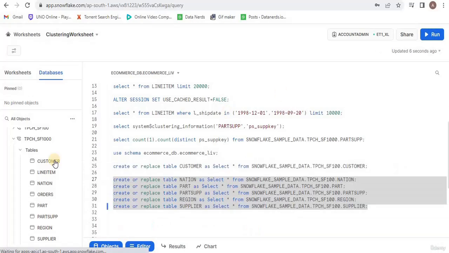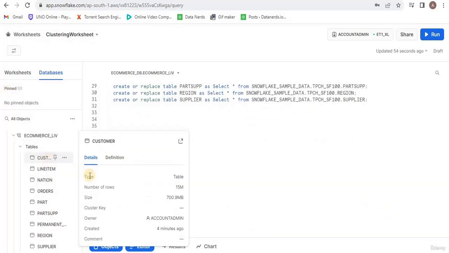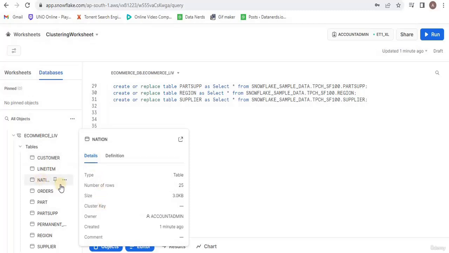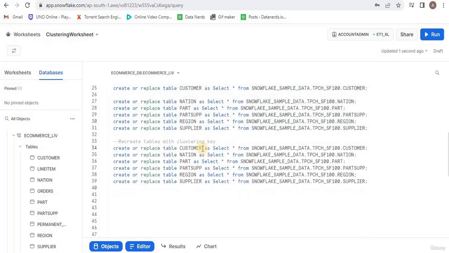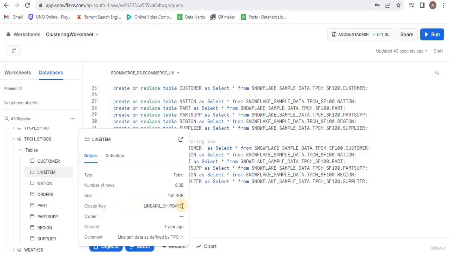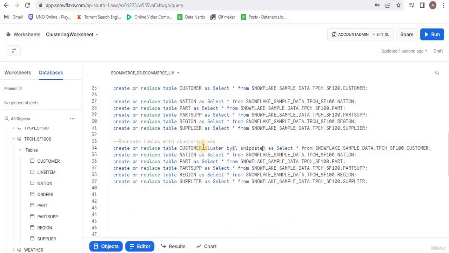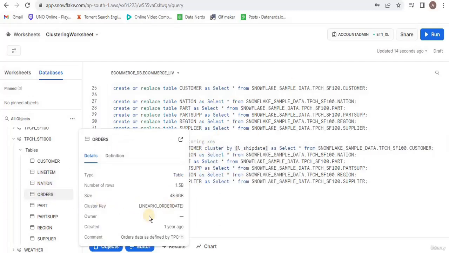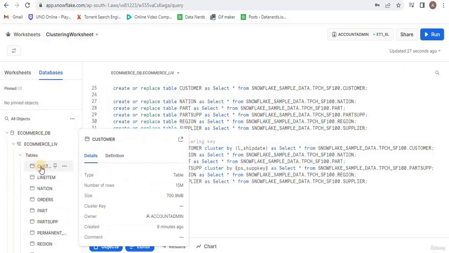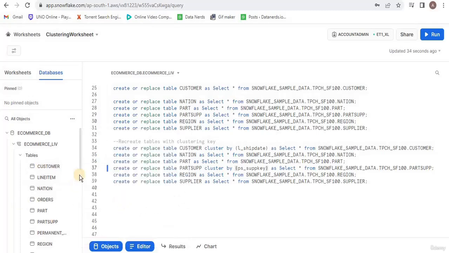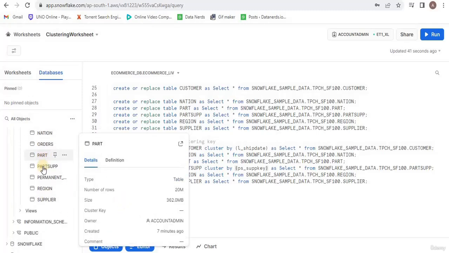all the tables will be created, but once you hover over all the created tables, you will see that the clustering key has not been copied into them. So now I will explicitly add a clustering key into each of the tables. I will copy the above commands and then add the clustering key into each of these tables by using the command cluster by and defining the column name by looking at the table inside the Snowflake sample data database. Now you can see that the tables for which you defined the clustering key have been recreated with the clustering key in them.